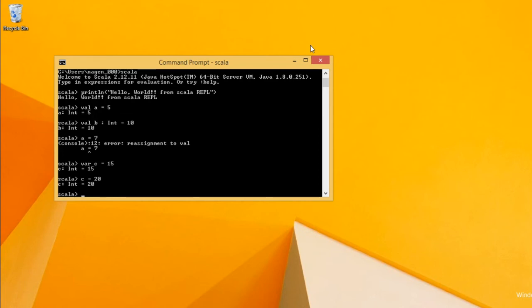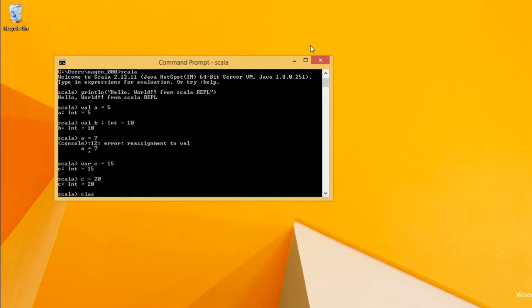It's not just single line statements we can write in a REPL. We can write multi-line statements. Let's not go into the syntax of it, but I'll just create a class so that you see how multi-line statements are written in the REPL.